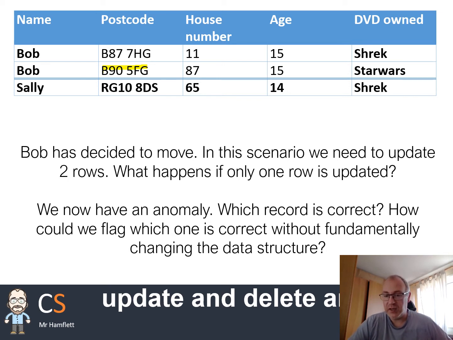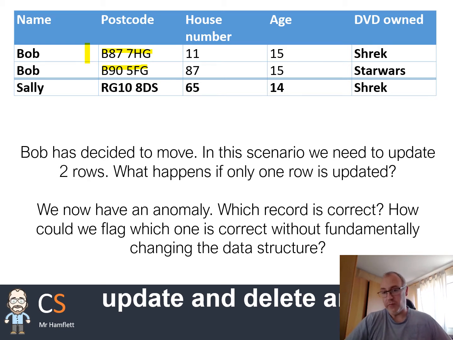Unfortunately, if I have Bob in my database twice with his address in there twice, and I only change one of those records, then I have the problem that we have two addresses stored for Bob. So I now have B87 and B90. Now if I did a search for Bob and I found the first record, and I maybe sent his DVD or item or product to that old address, well, he's not going to get it, is he? And some lucky person's going to get a free DVD or whatever it happens to be,